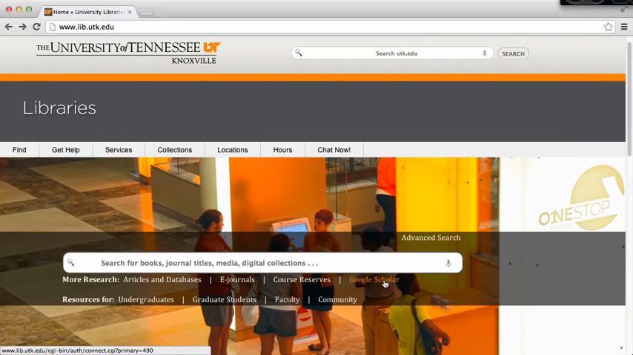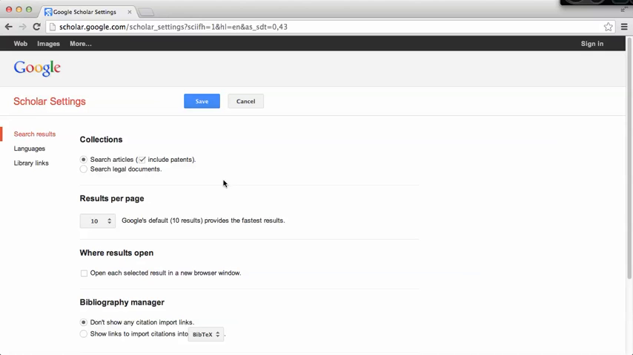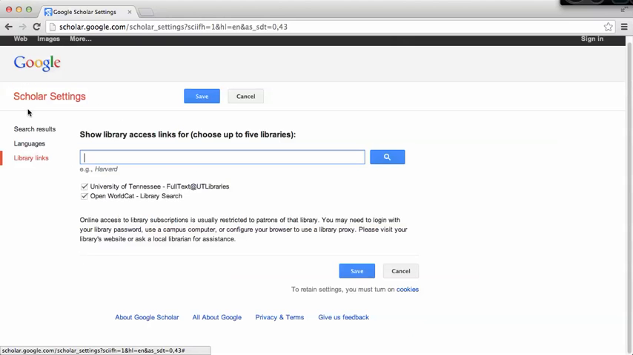And finally, before we end, Google Scholar is a very useful tool. It's listed right here under the quick links. So if we hit Google Scholar, we can click our settings. You can show the number of results that you get per page. Library links is something that's going to be very useful. If we click library links over here on the left,